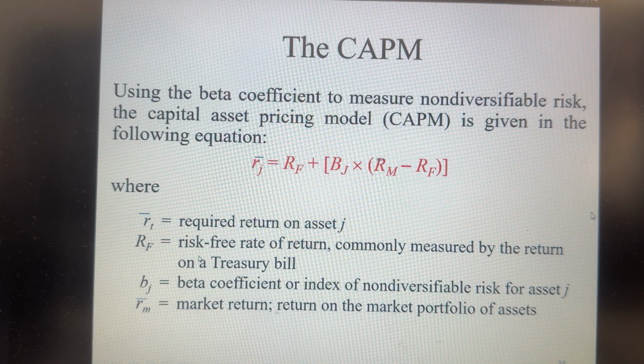Beta you need to calculate as the slope of the curve, as I showed with the characteristic line. The average market return you can calculate over the time period. Then you can find the risk premium and the overall required rate of return on the asset